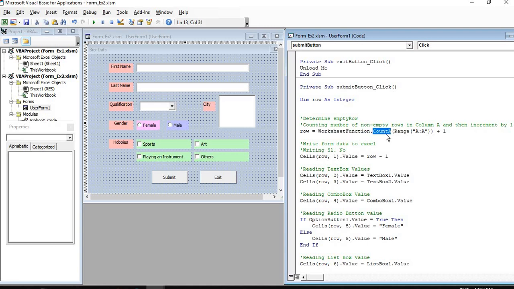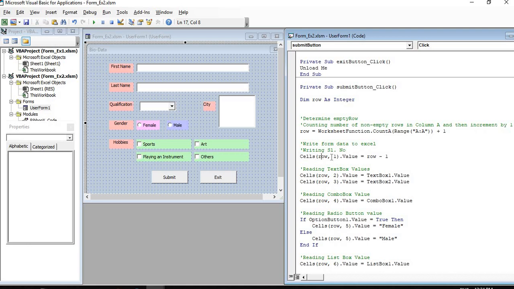We are finding the empty row, and that will become the row where the form data has to be inserted. We are counting all the non-empty rows plus 1, that means the next immediate empty row, and that will become our row index here.